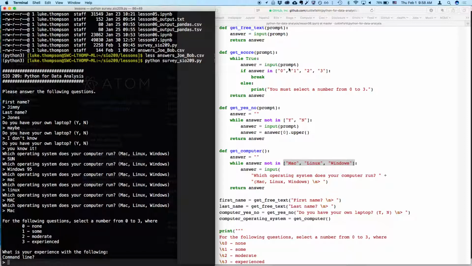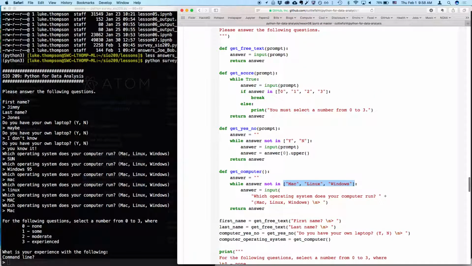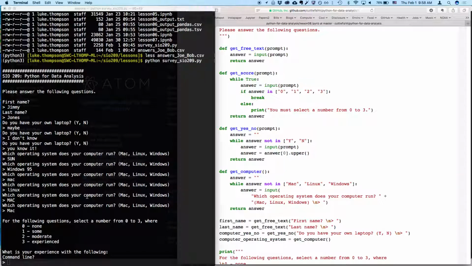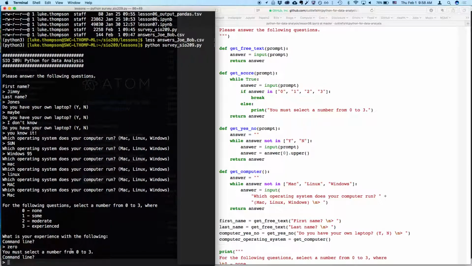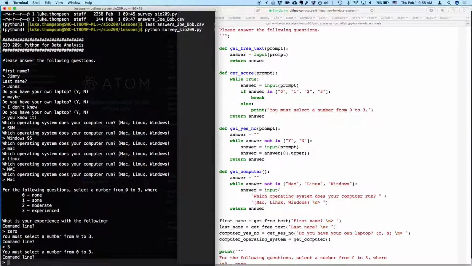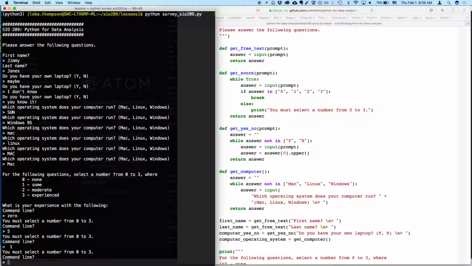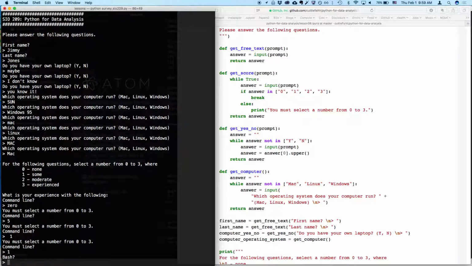Now same thing for here. The answer has to be in this list. So if I type 0, it says you must select a number from 1 to 3. If I do 5, it's going to keep asking me until I give a number from 1 to 3. If I do space 1, it won't work. I could have added a strip function to that, but I didn't. So I'm going to enter just a 1, and now